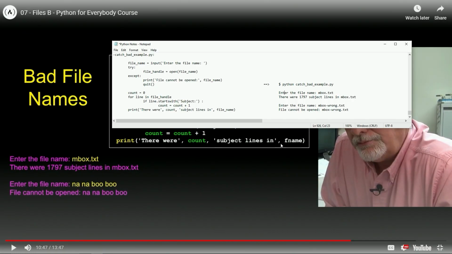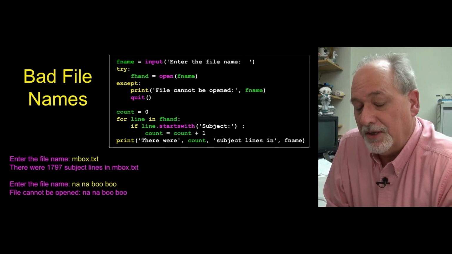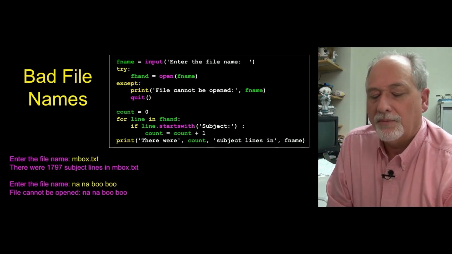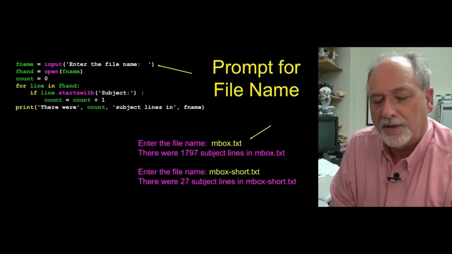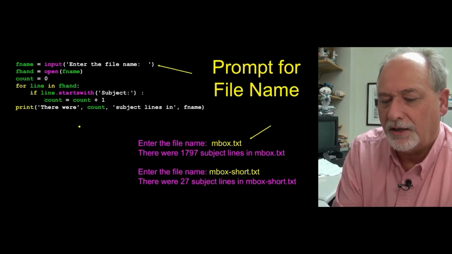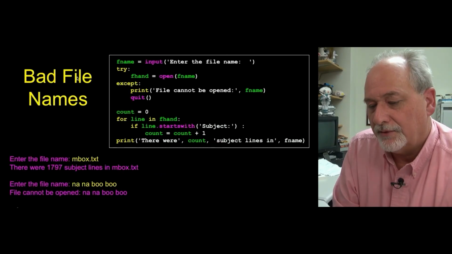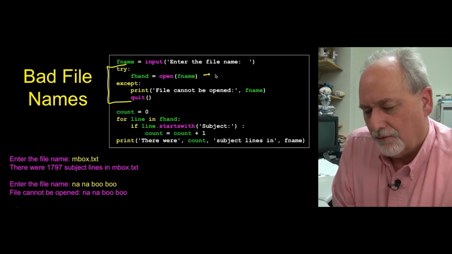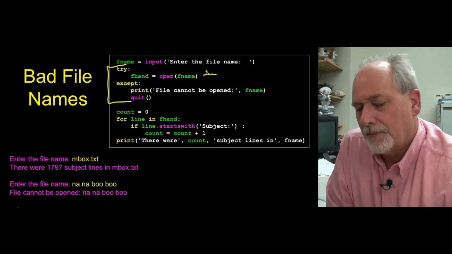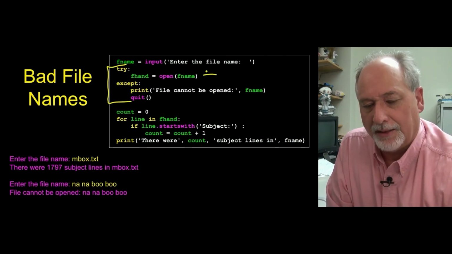Okay, so now the user can also type bad file names, and we need to be able to deal with that as well. And so we're taking a small change to the code. The dangerous code is this line right here. This line right here is going to trace back if that file doesn't exist. So what do we do? Well, we're going to just expand that. The rest of this program is exactly the same. The only thing that's different is we've got this line. We took out insurance on it, and we know that it might blow up, and so we have it in a try and except block.